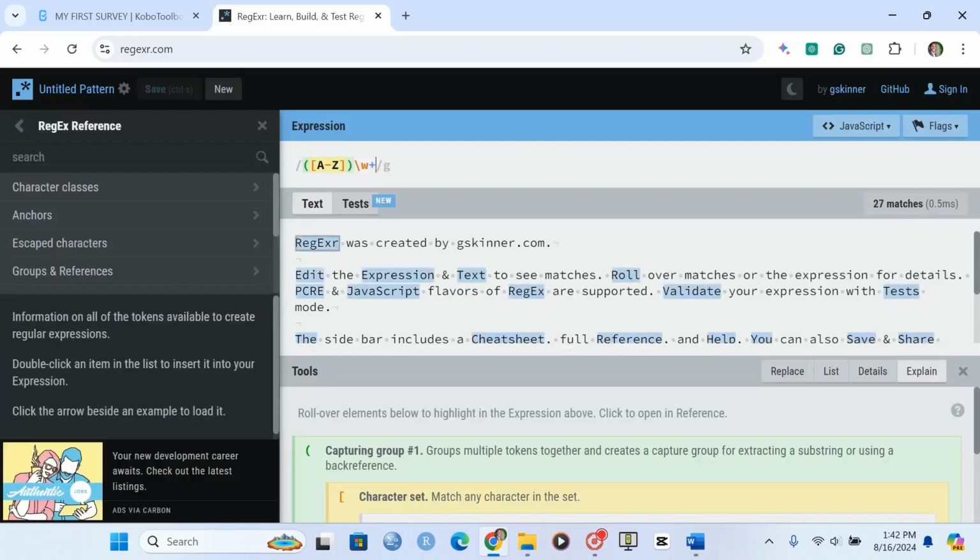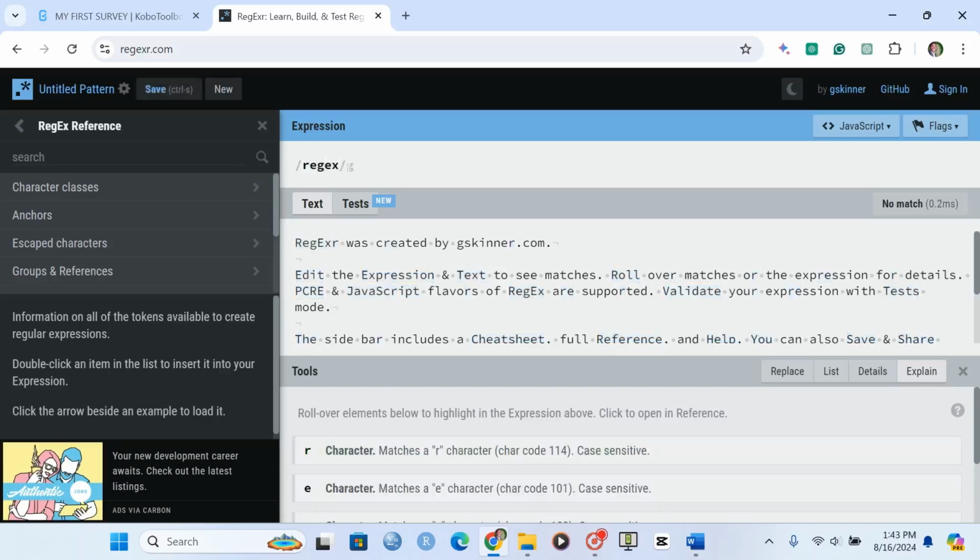So this is where you learn, build, and test the regex codes. And this platform uses JavaScript, as you can see on this. So before we start using the regex codes, let me just explain the syntax of regex code. You put regex and a bracket, a dot, then comma, then you put a single quote, then you have